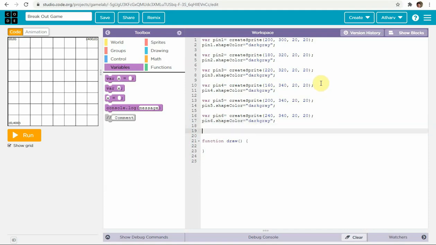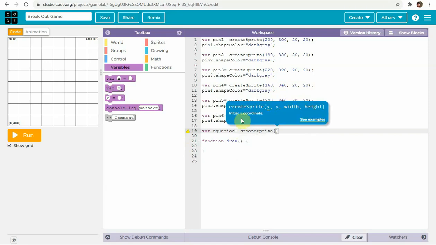Right. Now comes the main variable, var squared equal to create sprite.